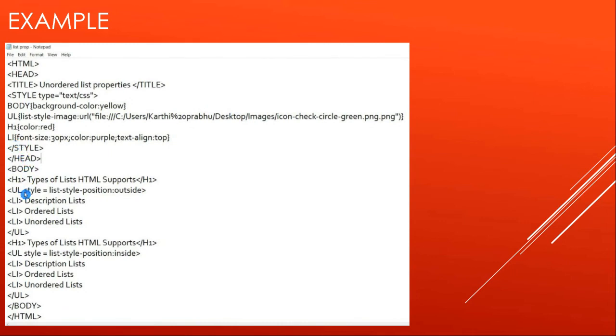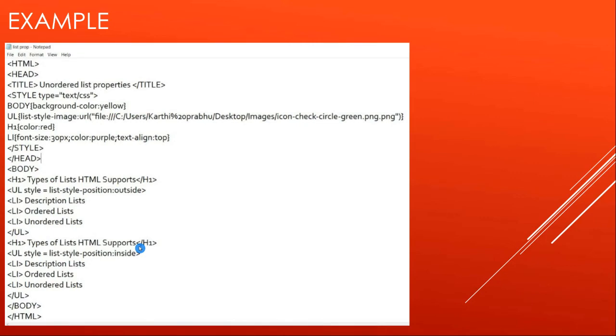Now here in the unordered list I'm using the style position, one is outside and the other one is inside. We have seen how the normal bulleted list was, and now we are going to see how outside and inside look. So these are the three different properties which we are going to use in this program.